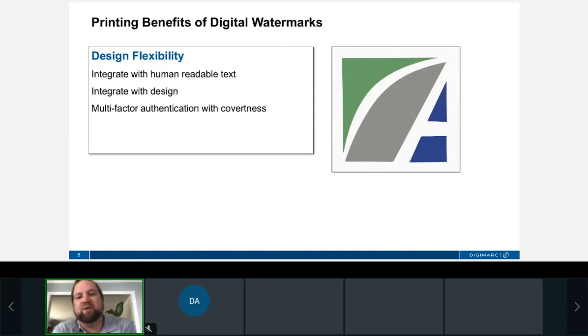But with inkjet printing, in this example here, this is the AIPIA logo with a very light Digimarc digital watermark laid on top of it, overprinted. And you could do this with an industrial inkjet printer. And if you scan that label there, it has significant performance with a mobile phone. Some of you could do it now. If you downloaded the app, you should be able to shoot that and it would take you to the program